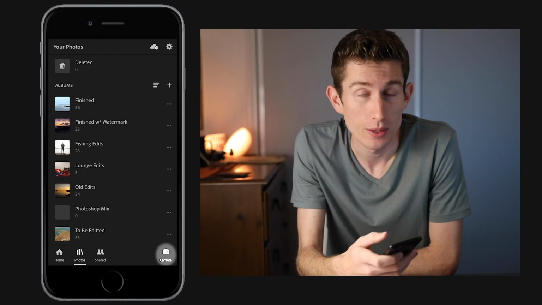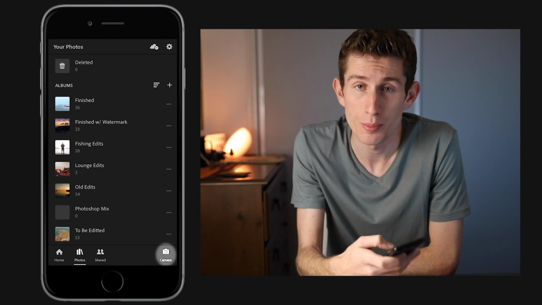So let's load up into the phone now and see exactly how this app works. And I've even got some real-time examples of how I use this shooting a sunset as well as a night photo of Brisbane City. So we've just loaded up now into Lightroom